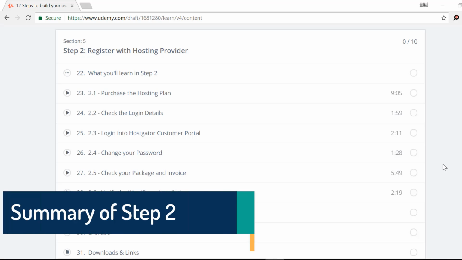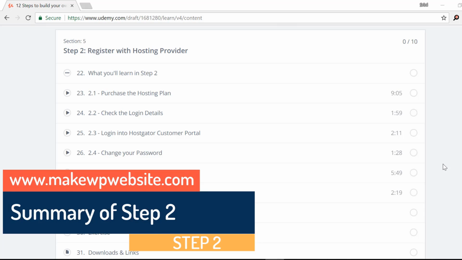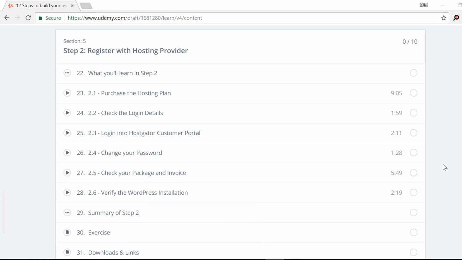Hello and welcome to the summary of step 2. In step 2, we have seen how to register with the hosting provider. We did login into HostGator and we have purchased the WordPress optimization plan from them. And if you have noticed in the whole series of this step 2, we haven't installed WordPress. That's the beauty of buying that plan. Once you selected and paid for the WordPress hosting and provide your domain name, all the setup is already been done. You just have to log in into your WordPress site,